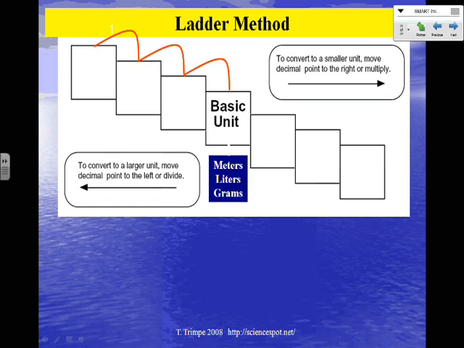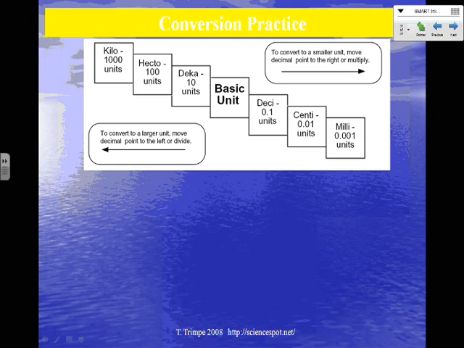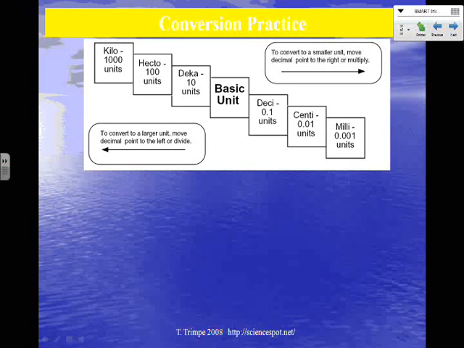Now, you need to go ahead and write meters, liters, and grams right underneath the basic unit. And if you want to, write out their abbreviations also. Meters is a lowercase m, liters is a capital L, and grams is a lowercase g. Now, let's go ahead and fill out our ladder. We have kilo, hecto, deca, then the basic unit, then deci, centi, and milli. In just a few moments when we practice, I'm going to show you the abbreviations for each one of these, and you'll go back and write the abbreviations under each one of those